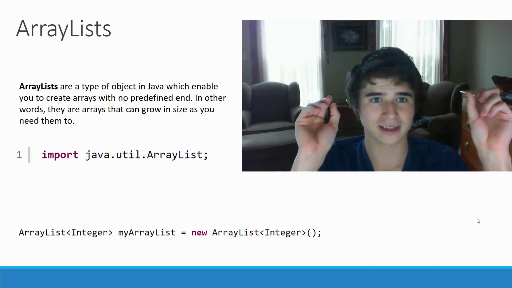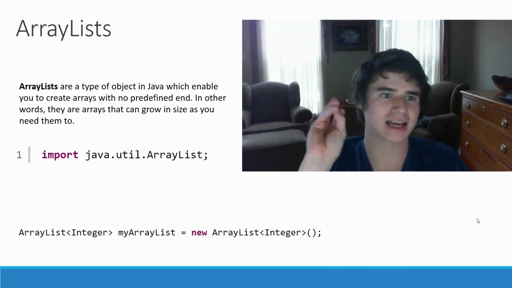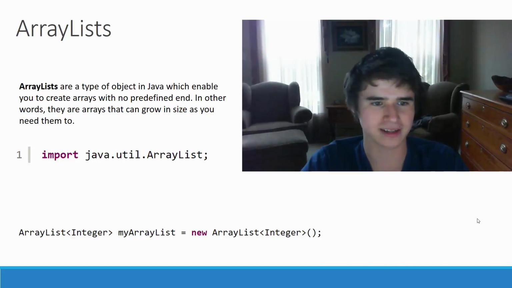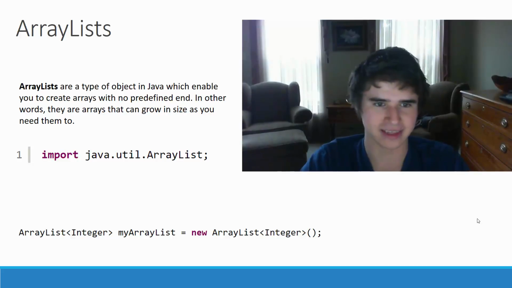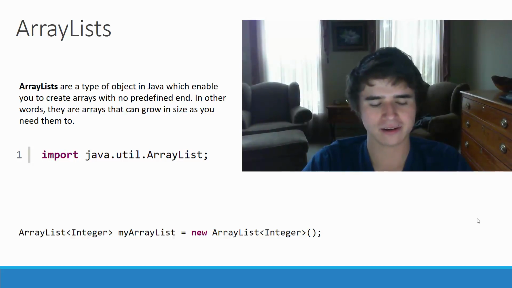If you remember the last few topics, we discussed arrays and we had to set a fixed size at the beginning when we created the array. Now we don't have to do this with array lists because we can keep adding more elements onto them as we need them to. The array list is imported from the Java Utilities package, and we create array lists with